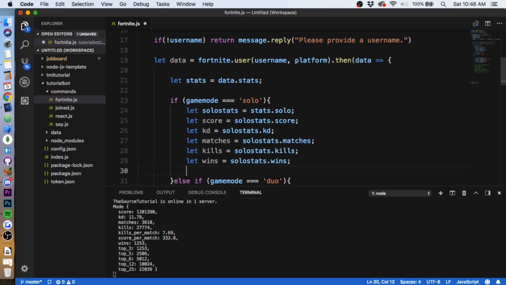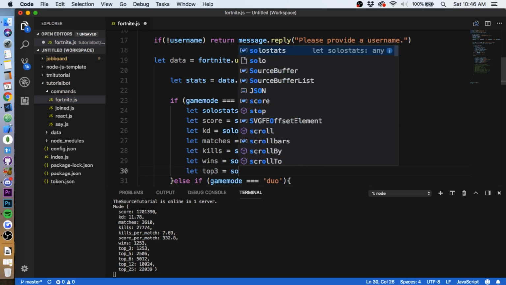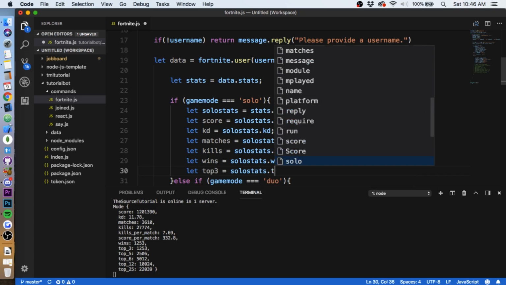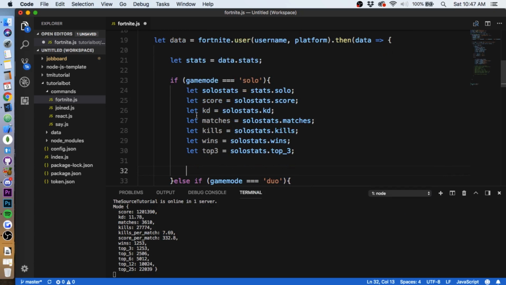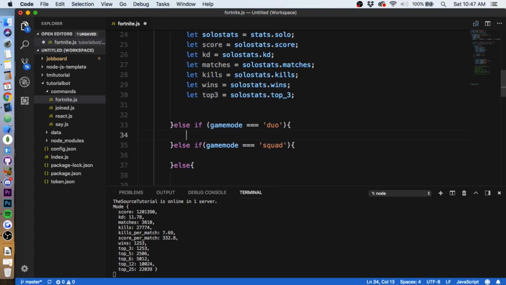So let's get one more so we can get a nice looking inline embed. So we can do let top 3 equal solo stats dot top underscore 3. All right, so I'm gonna go ahead and copy and paste these because we're gonna use the same format for each of them. So just throw them in here, and we need to do let duo stats equal stats dot duo,